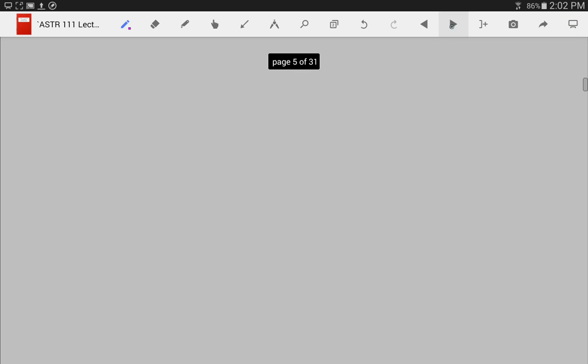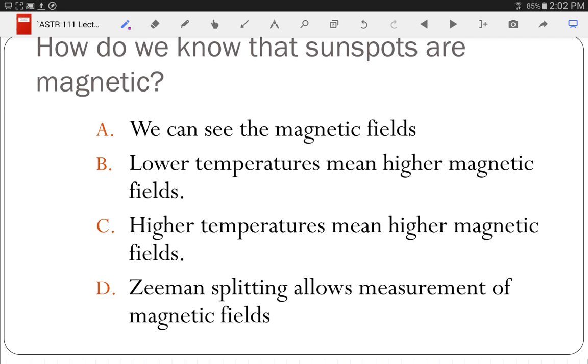Question or no? Is that okay? That makes sense. Okay, so first clicker question. How do we know that sunspots are magnetic? Because